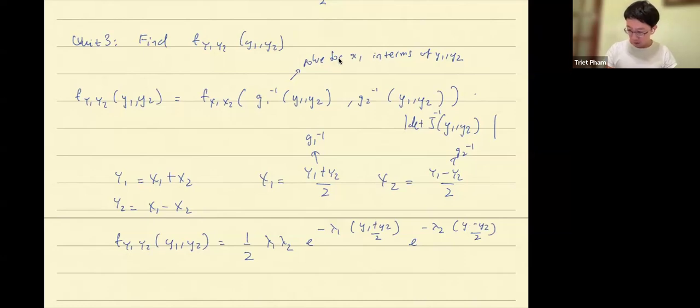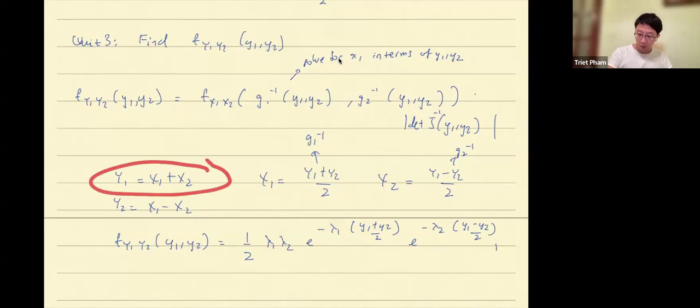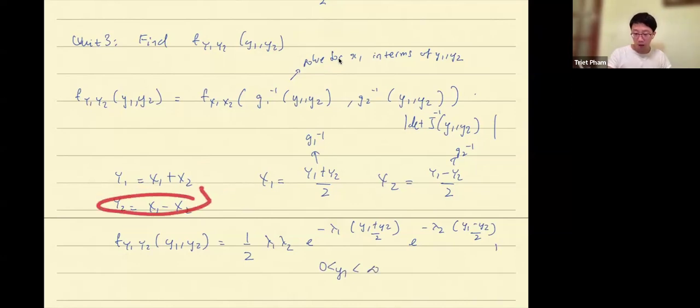And don't forget to write down the range of y1, y2. What range does it have? Y1 being the sum will be between 0 and infinity, but y2 being the difference will be